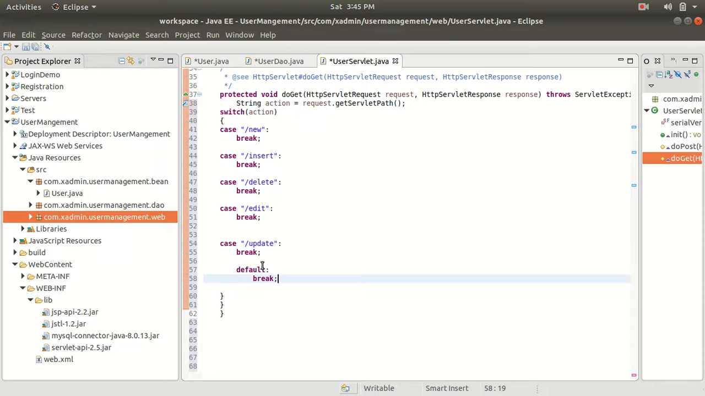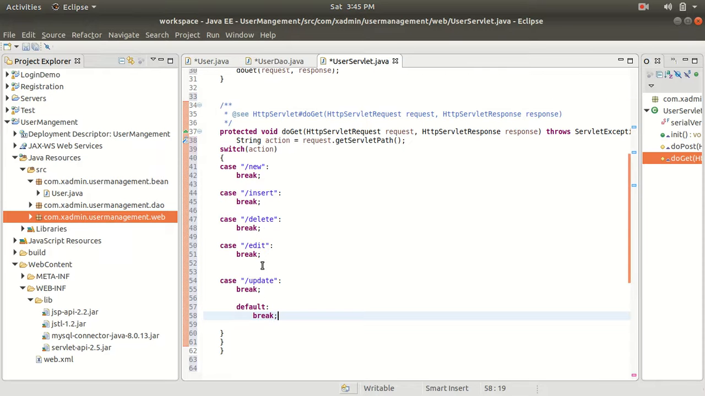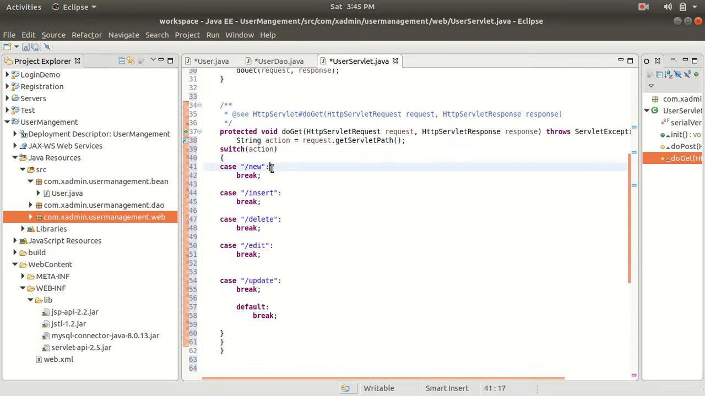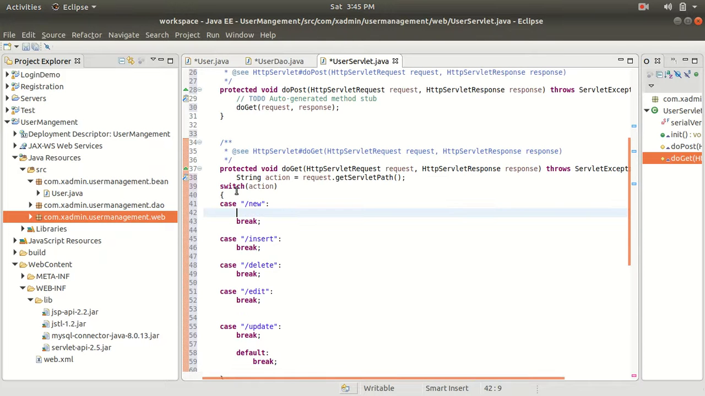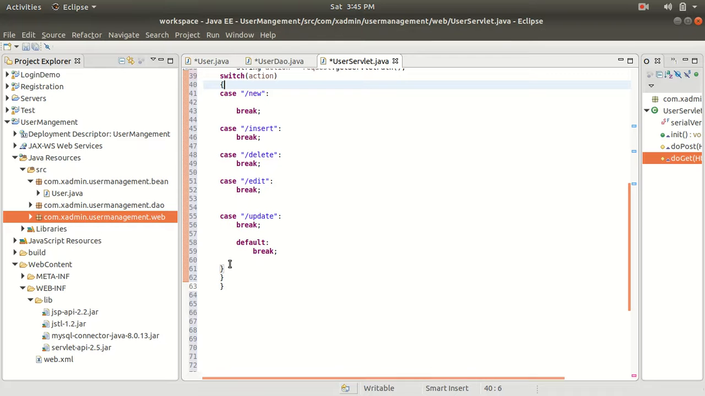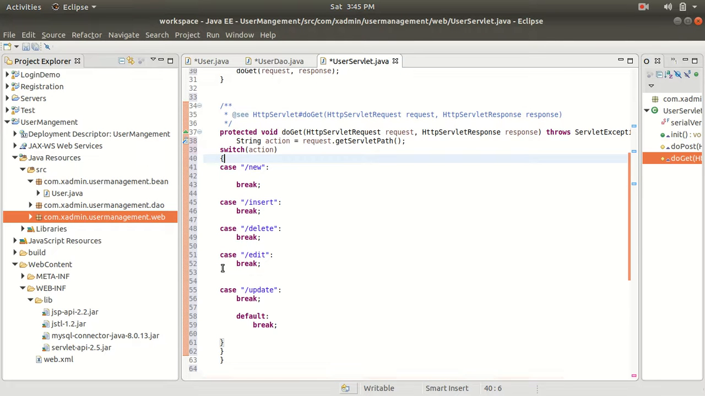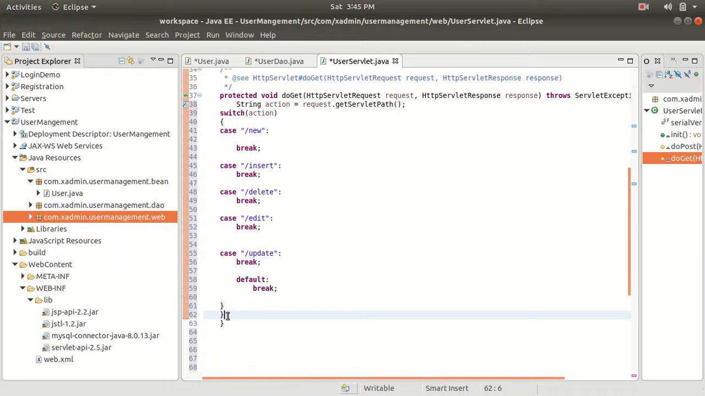Okay, so guys, if the action is new, then I have to call a method. So let me create a method for this. So this is for the switch, and this is for the doGet method. All right,